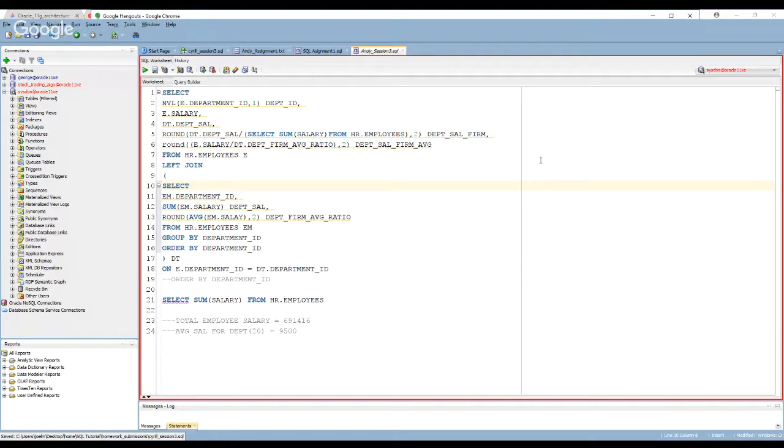I pulled some of the columns from DT because I have this calculated field that I would need in doing my calculation right here, and then gave it an alias. Okay.